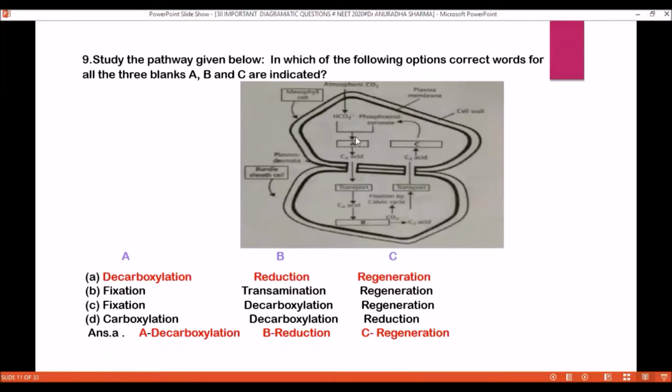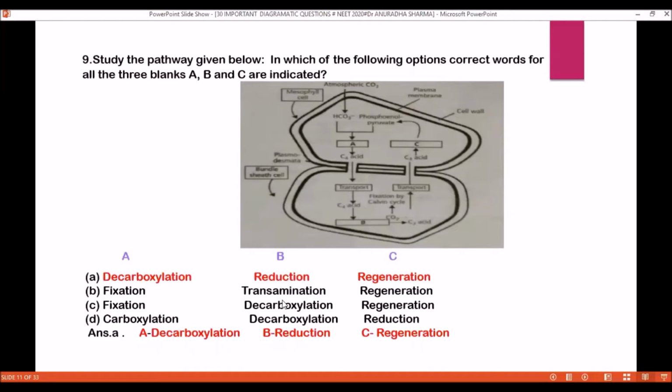Now study the pathway given below. In which of the following options are correct words for all 3 blanks A, B, C indicated? First option is decarboxylation, reduction, regeneration. B is fixation, transamination, regeneration. C is fixation, decarboxylation, regeneration. And D is carboxylation,